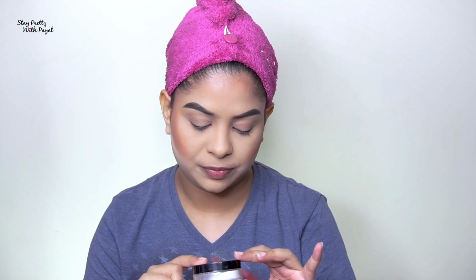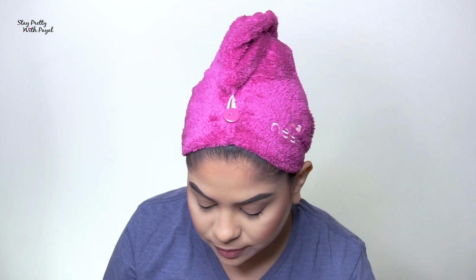Maybelline, and this one is their new Master Fix by Face Studio. It is a setting plus perfecting loose powder, and this is translucent. So I'll be using this. Oh my god, it actually looks and